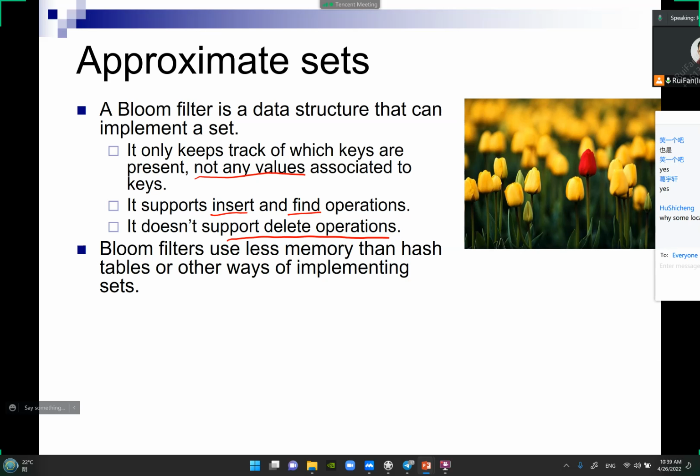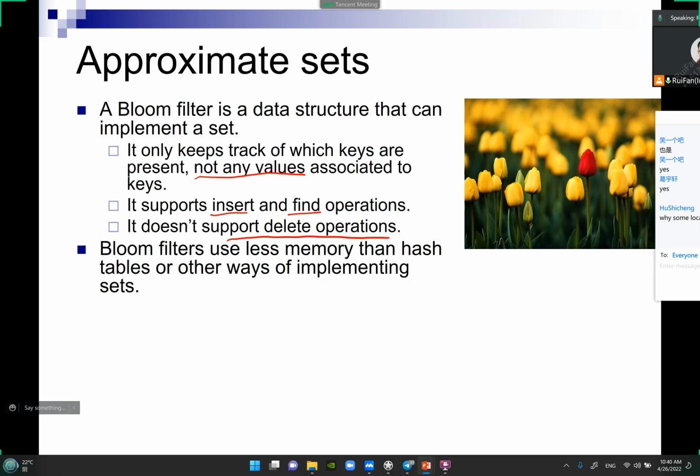So for example, if you look at a Bloom filter, then when you store a set of items, on average, you can use something like 10 bits per item that you store. Whereas if you look at a hash table, then oftentimes you're going to use a lot more memory than 10